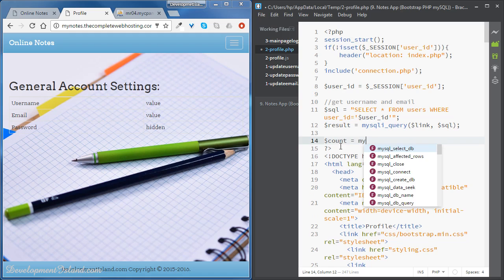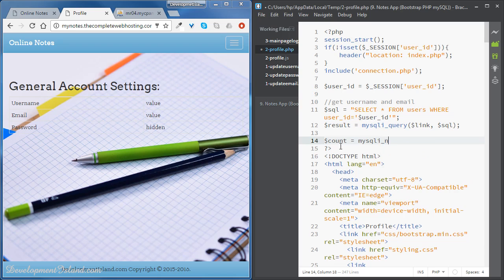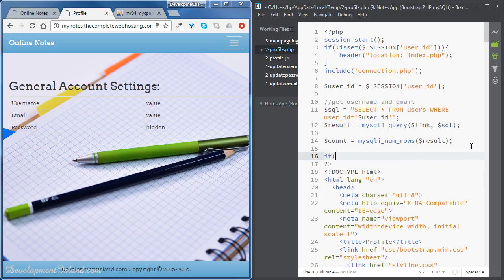To get the number of rows, it's mysqli_num_rows, and it's going to take as a parameter our results variable. So now we're going to check if the number of rows is 1. So if count is 1,